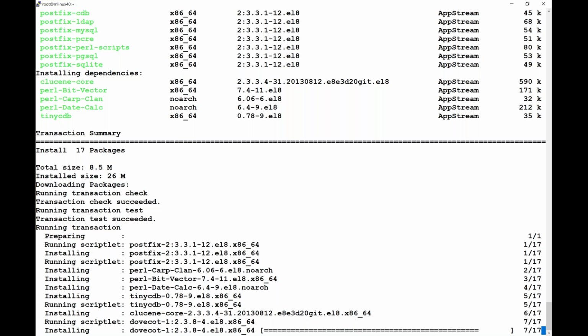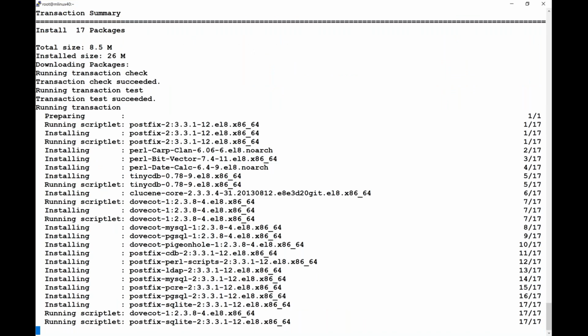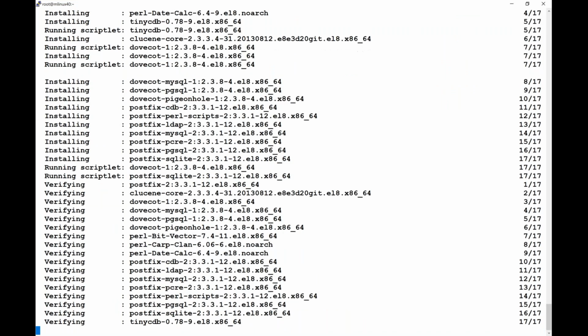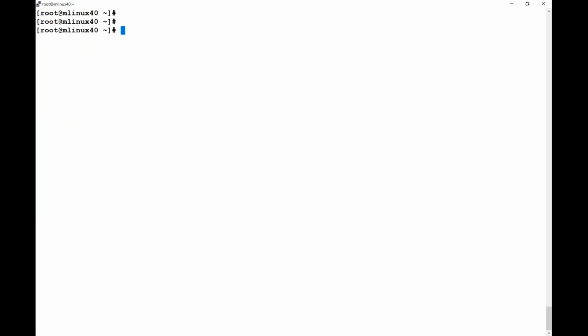Okay, a few more packages will install, and done. So the packages are ready now. Let's go to the DNS configuration file. Sorry, not DNS, the mail config file, /etc/